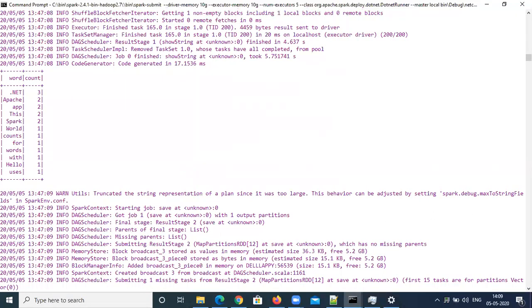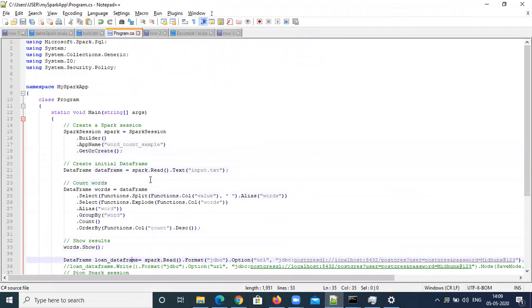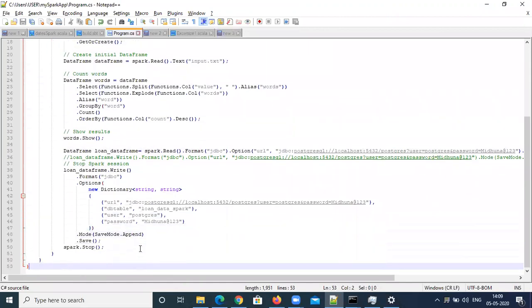And the execution is continuing because I have a few more steps to read the data from a Postgres table and then load it back into a Postgres table. That's why it is in progress, given the data size used. So that's all for now. This is about .NET integration with Spark, and you can start coding, because I heard that it is performing equivalent to Scala and Python. And for most applications, if you are already using .NET and facing some performance issues while reading from any database, and you are processing through C#, you can also start coding in .NET since Spark has connectivity.